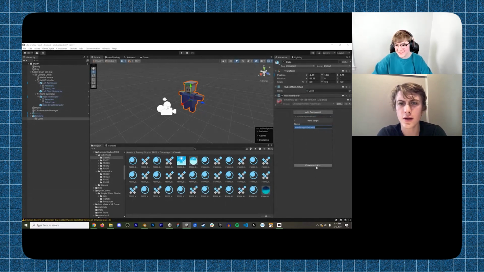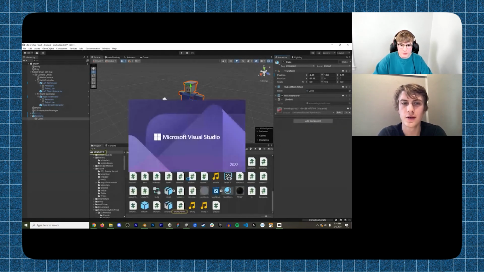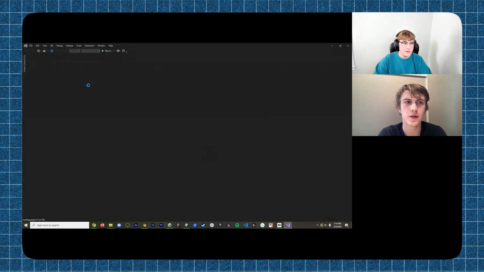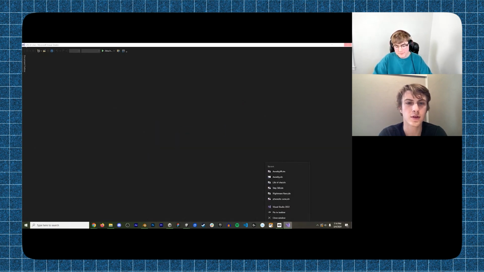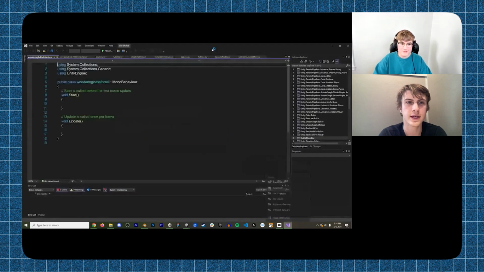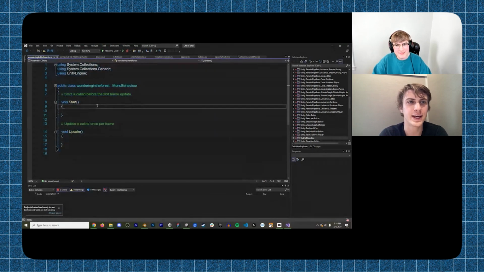Usually scripts aren't that long, but it's fine. So what that just did is create a very simple starting file for our first script. And then we're going to launch the best IDE, Visual Studio. I don't like this one. Visual Studio without the code. Cool. I'm not a huge fan of the UI, but